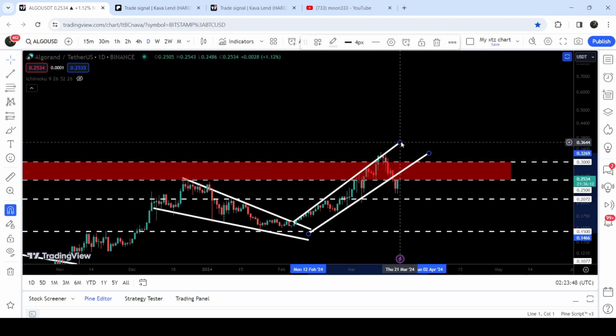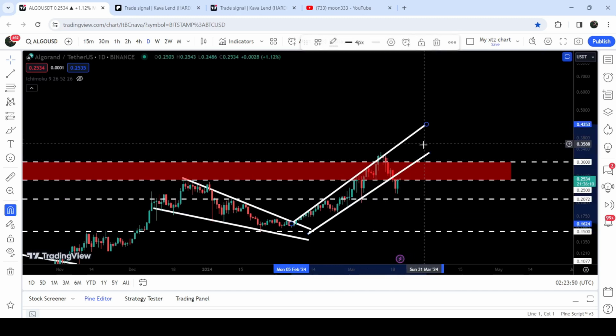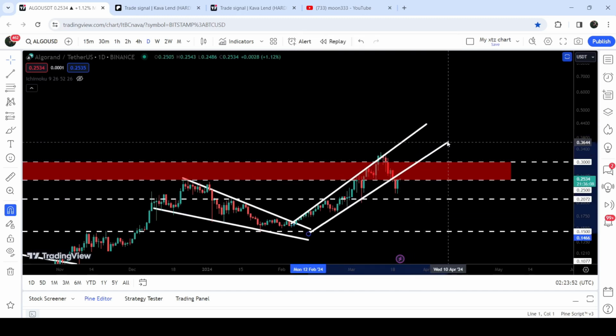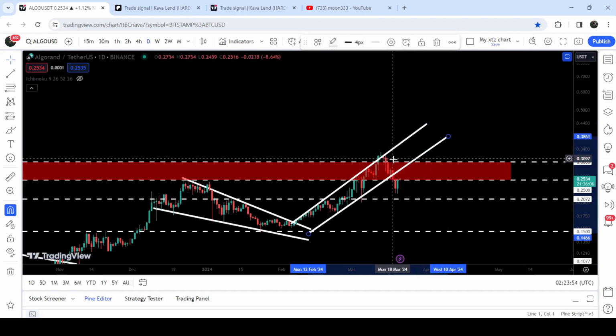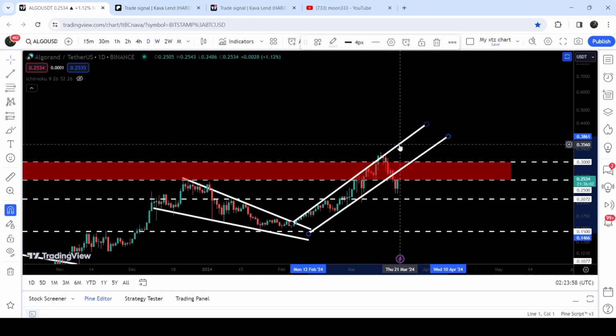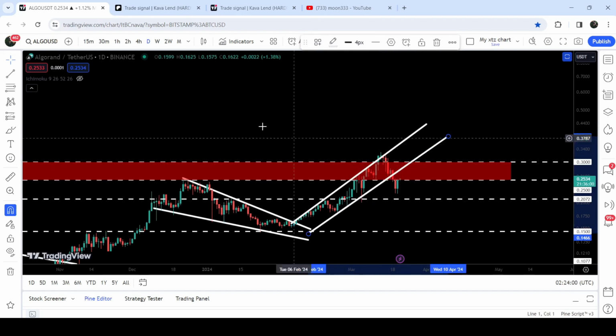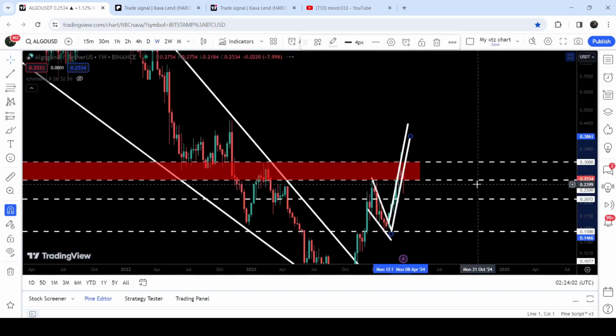And in case of re-entering the channel, and if the price line after entering the channel moves to the resistance of the channel, then it can also break out this long-term resistance of 20 cents and move somewhere here, approximately at 35 cents. Now, if we take a look at the weekly time frame chart,